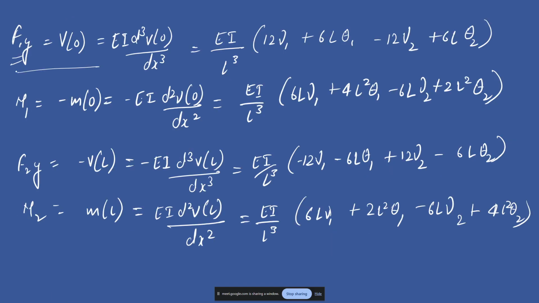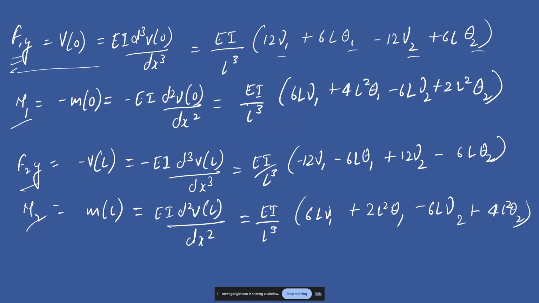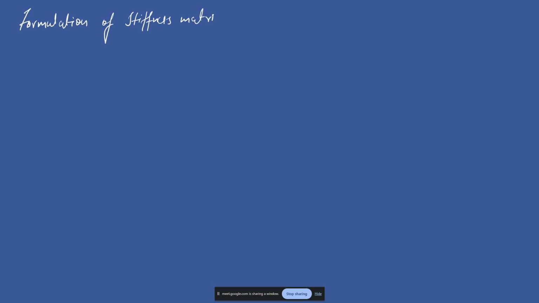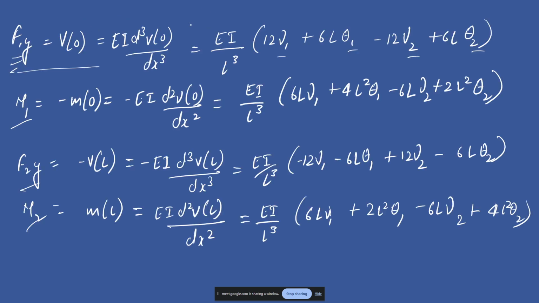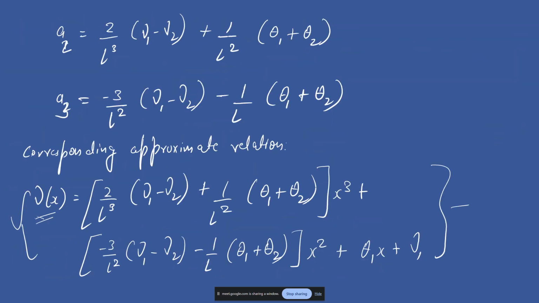So once you have these force functions available with you, and these are your particular unknowns which you need to find, this is your material and the geometry properties, then you can utilize these particular relations to formulate your stiffness matrix. So by using this relation you can get the stiffness matrix, which is given by